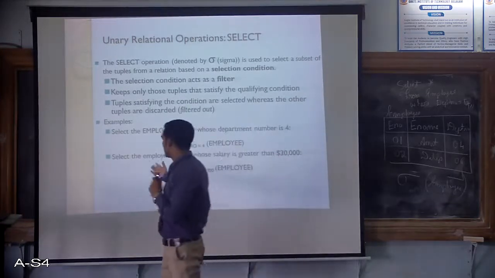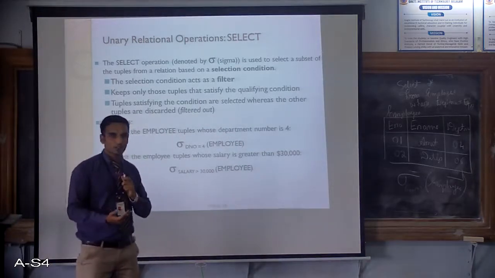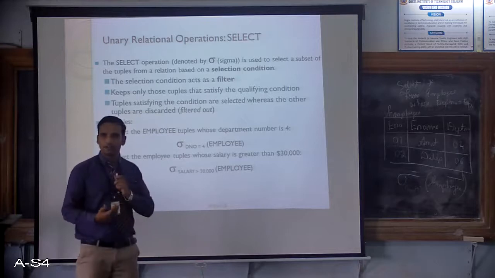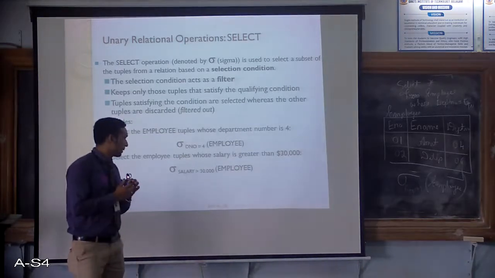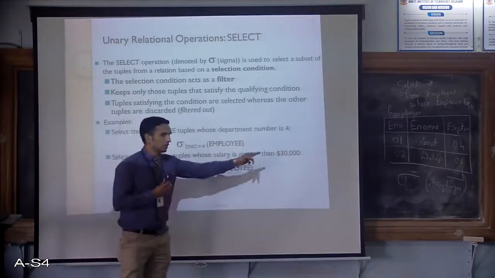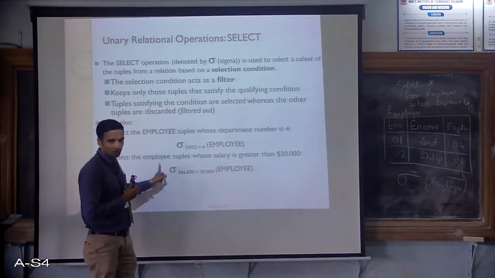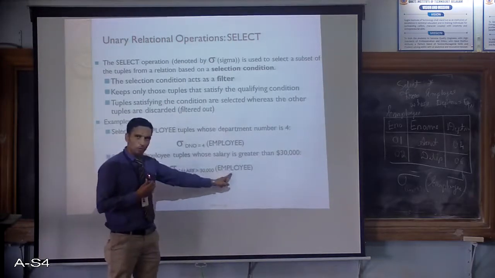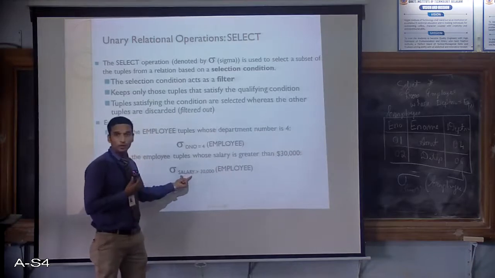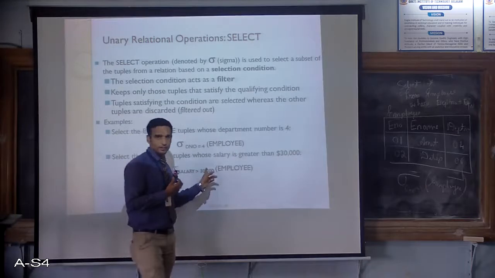Okay. Same thing now. Same like how I said about the aggregate functions, the operators, everything works hand in hand. So same thing. I want to select the employees whose salary is greater than 30,000. Then how would I write? Select, because they are talking about selecting rows. Select from the employee where salary is nothing but the attribute name. Where the salary attribute is greater than 30,000. So what it does? It goes to the table.